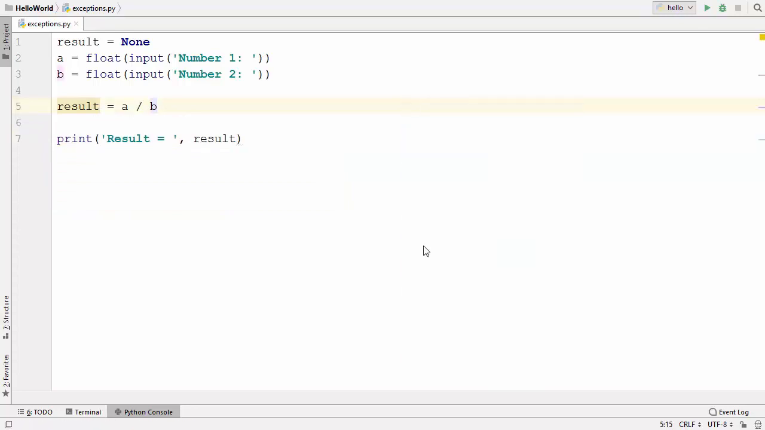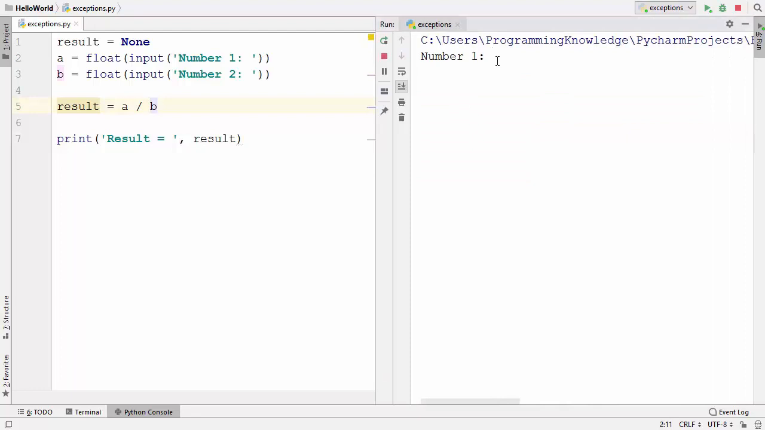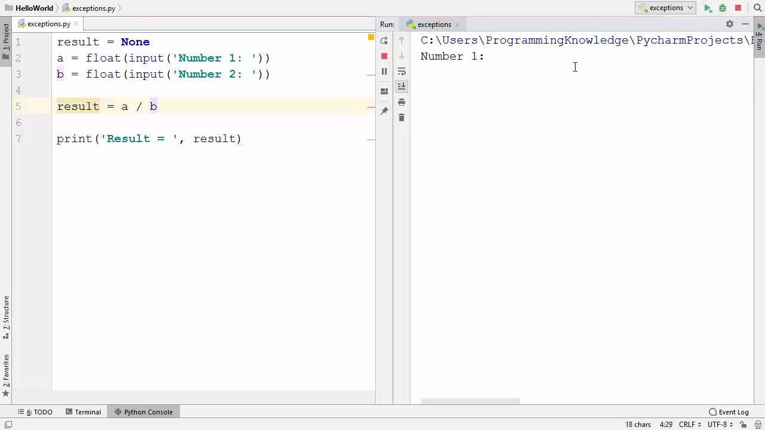So right click, run the file name, and then let me provide some numbers here. So 5 and 6, and press enter. It's going to give me the result, which is the division of these two numbers. Let me run the program once again, and this time I will provide 10, and the second number is equal